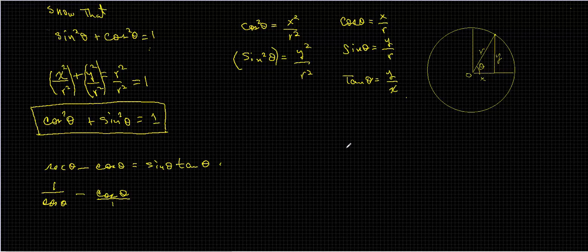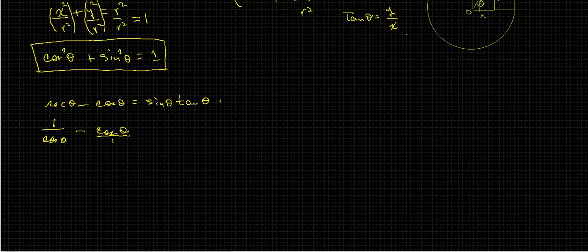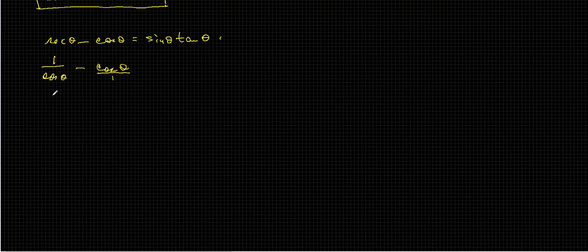So this becomes, let me move this a little bit down for you so you can see it better. And if I multiply the numerator and the denominator by the cosine of theta over cosine of theta, we can see that the denominator will become 1 minus cosine squared theta all over cosine theta, like this. And that's supposed to be equal to sine theta